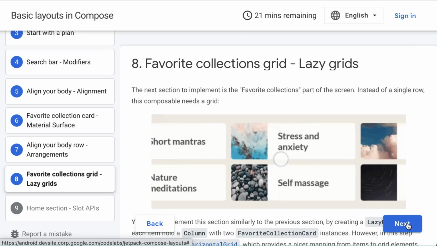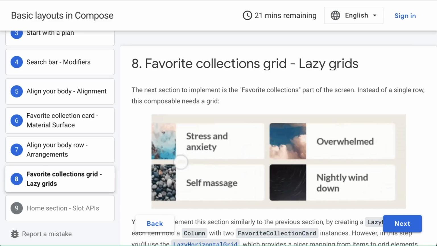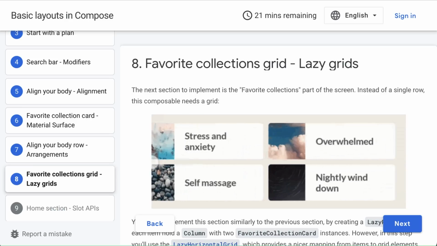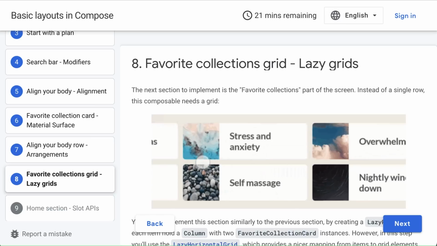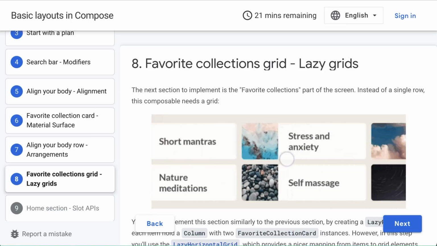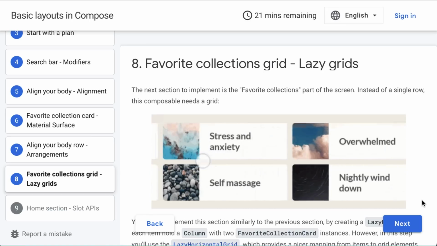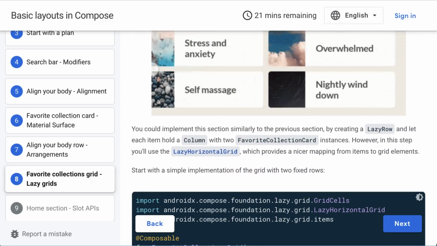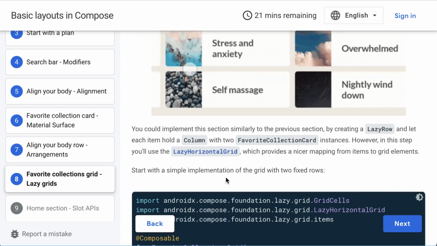So let's take a look quickly at the designs for this. This requires actually a new composable type, which is called a grid, and one that is actually scrollable horizontally. For this case, we can use the lazy horizontal grid, which is part of the lazy layouts API we previously mentioned, and it was released in Jetpack Compose 1.2. So we'll need to use at least this version to be able to use grids. Adding a grid is fairly simple. So Yolanda, can you show us how to do that?